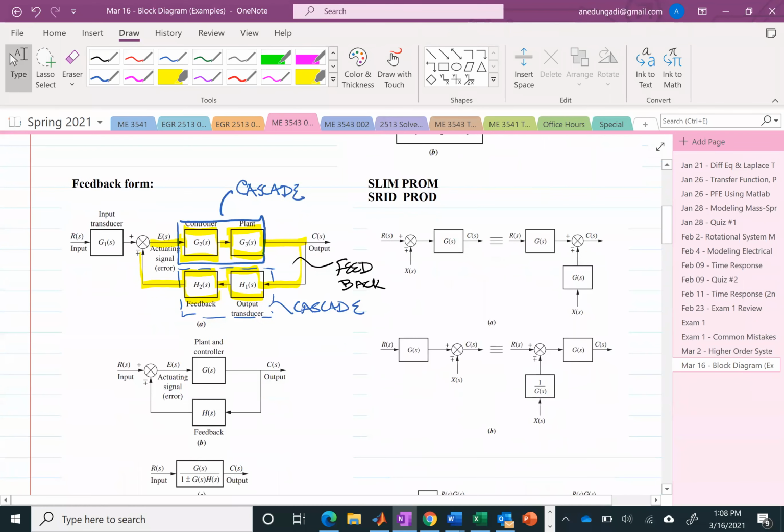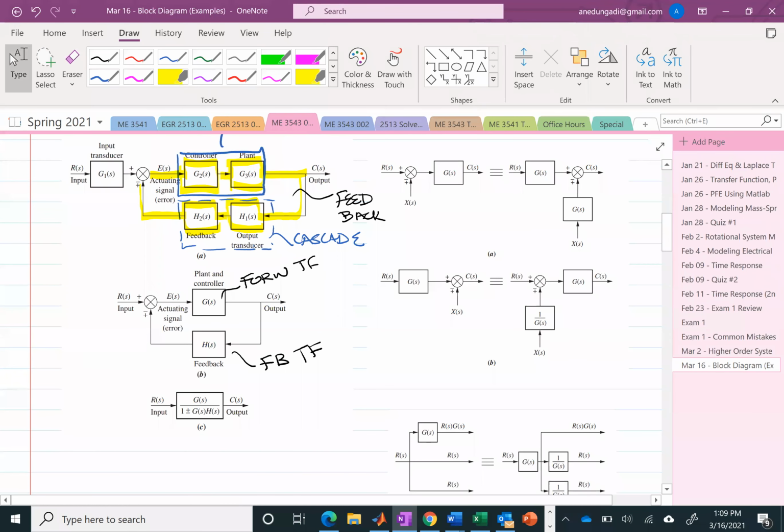So the feedback form is basically you have a forward transfer function, a feedback transfer function, and the feedback form. So this is the feedback form. Okay. And the equivalent transfer function,